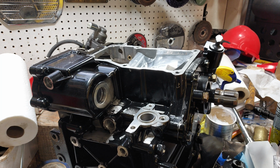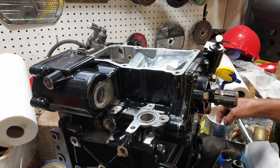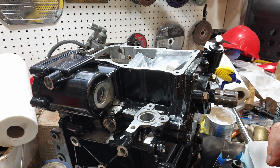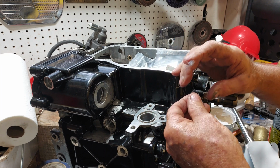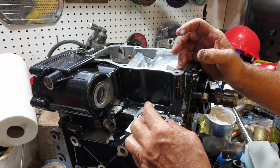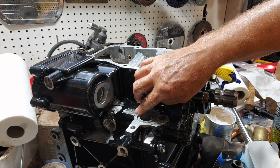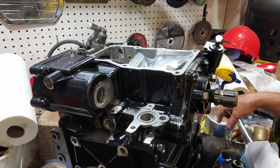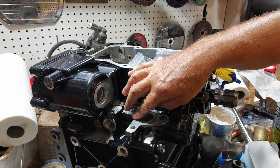This bench is a mess, man. I need to clean it up. Shouldn't even be working over here, but this is the only place that's heavy duty enough to hold this thing up. The welding table currently has the hydrostatic pump on it, all the parts for it, and